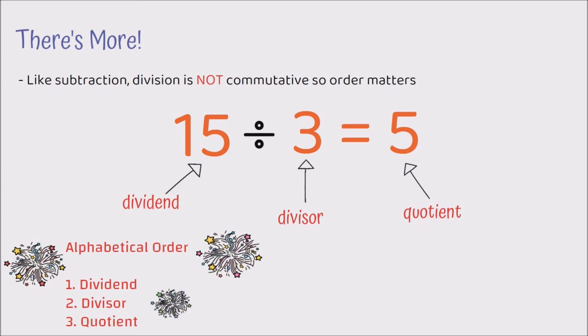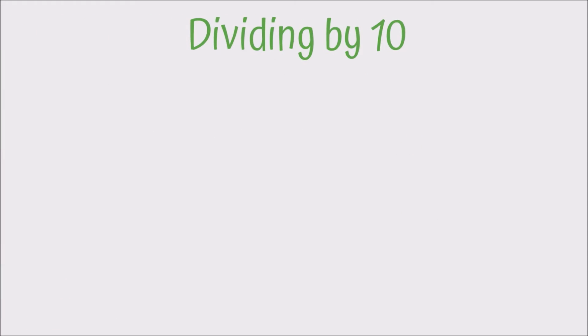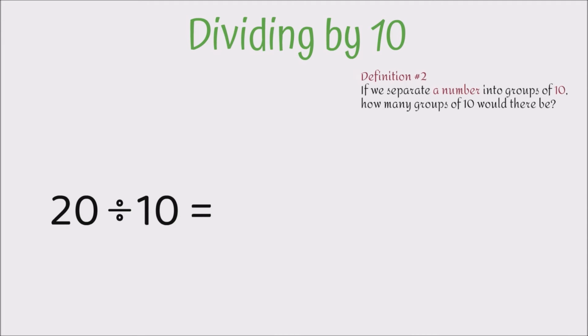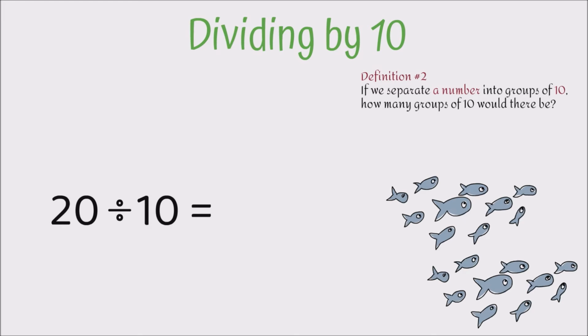Okay, I think we covered all our bases, so let's move on by looking at how to divide numbers by 10, 1, and 0. Okay, first up is dividing by 10. Now, if you haven't already realized, we're using the same examples that we used in our last video with multiplication. So let's go with 20 divided by 10. Using our second definition, we can ask ourselves, how many groups of 10 can 20 be separated into? And the answer would be